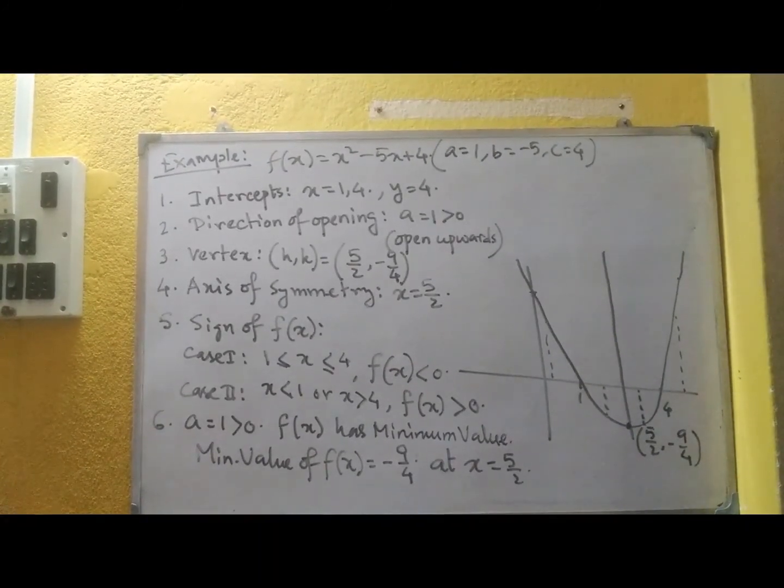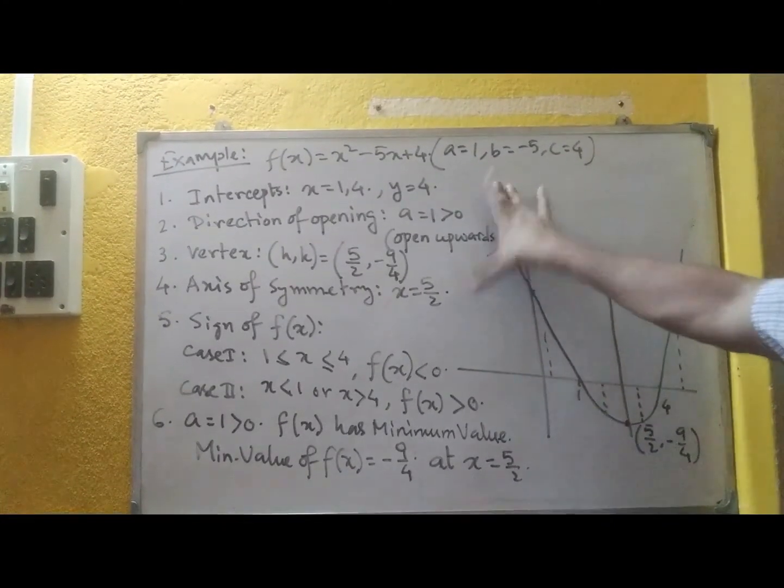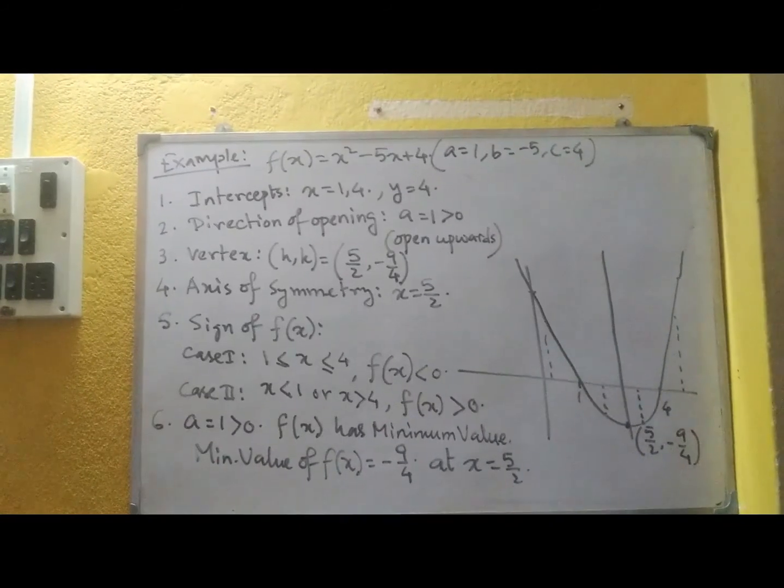So with this we have to do the project, we have to explain the things, and finally we have to show some examples. We have to show 4 different examples that will cover all the situations. In each example we have to find all these 6 things. The first 4 are to draw the graph, and from the graph we have to conclude about the 5th and 6th things.